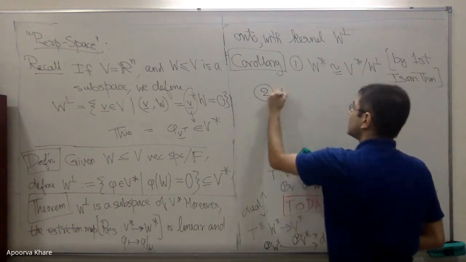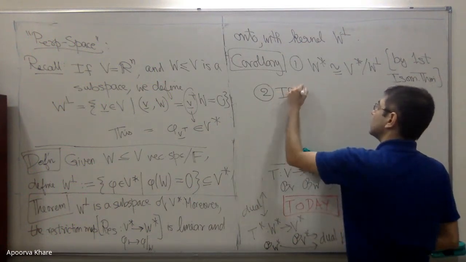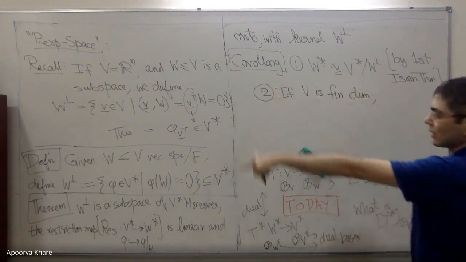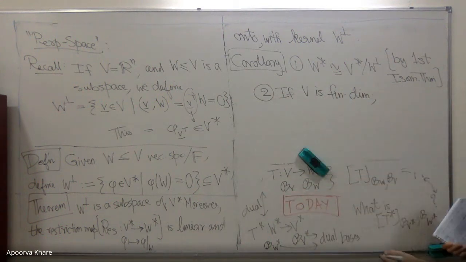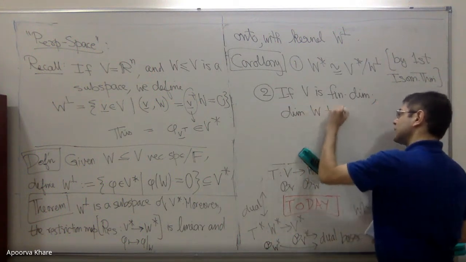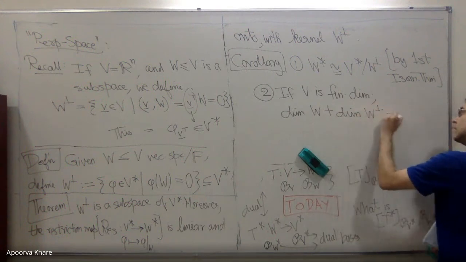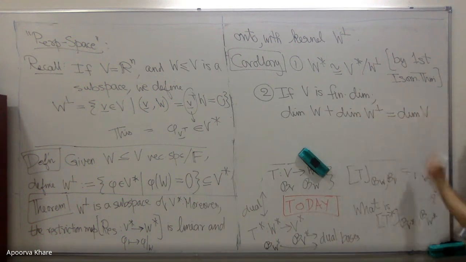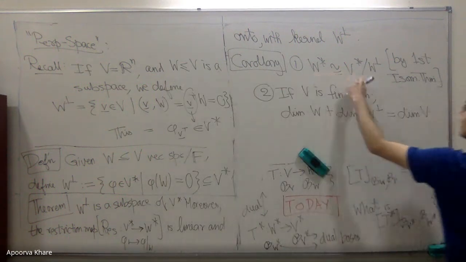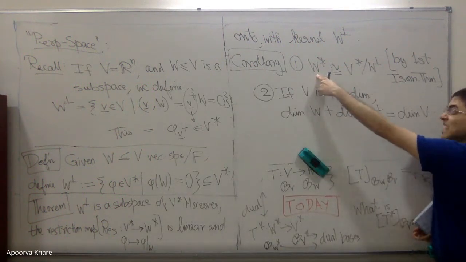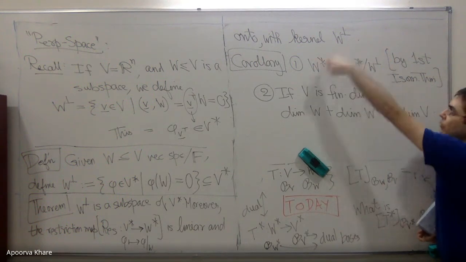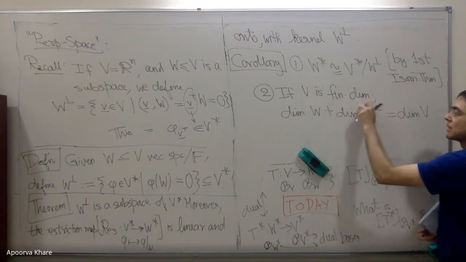If V is finite dimensional, then you can do the same thing. And then you know that the dimension of W plus the dimension of W perp equals the dimension of V. Why is that true? That is because what you know from corollary 1 is that dimension of W star is dimension of V star minus dimension of W perp. So I can take the W perp on the other side and say dimension W star plus dimension W perp